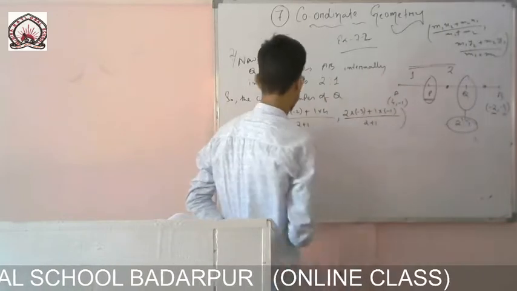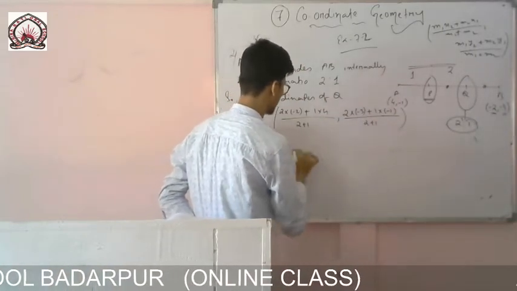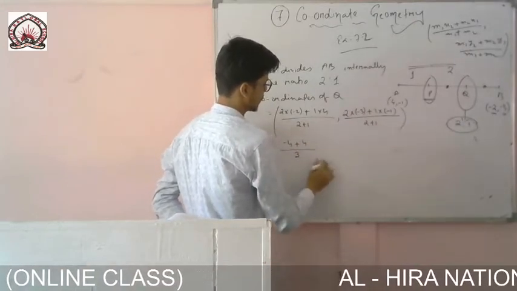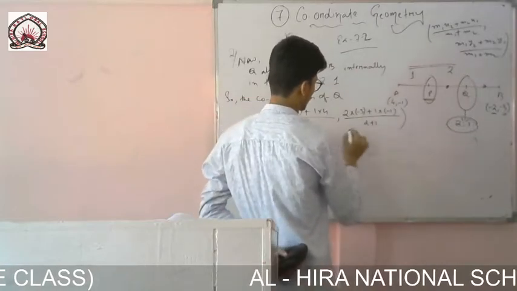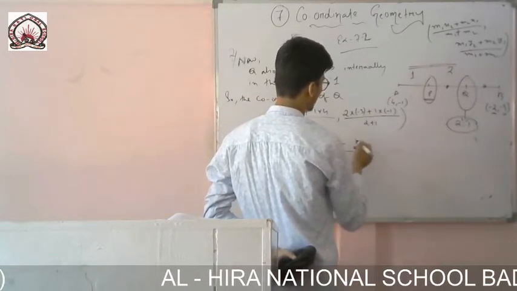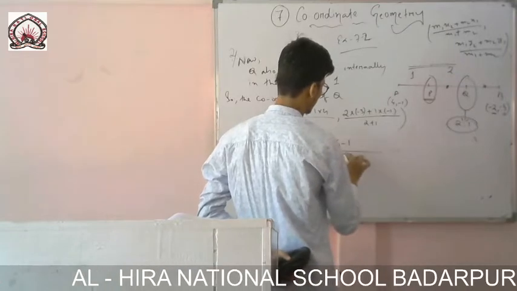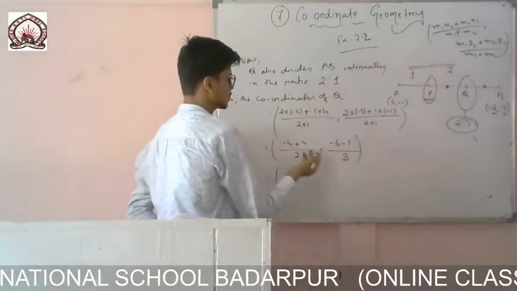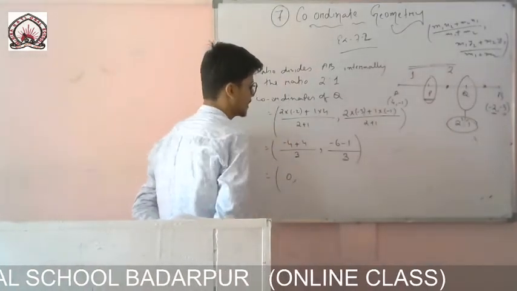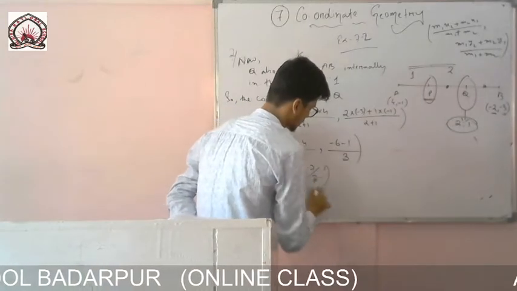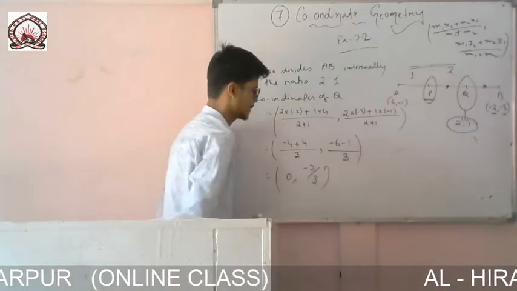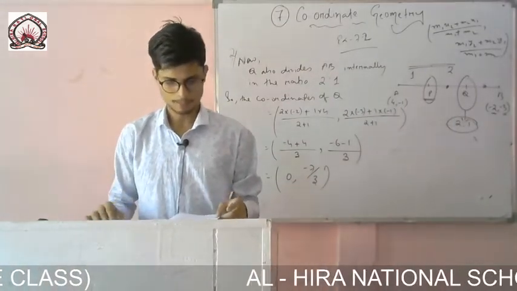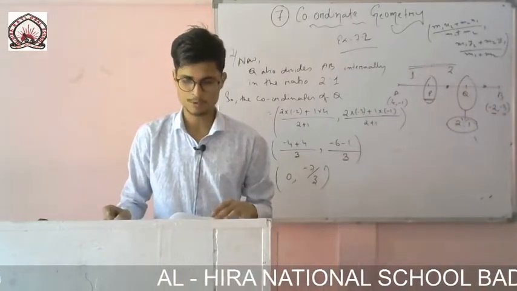So if I solve it now, the values will be 2 2s are 4, so -4 plus 4 by 2 plus 1, 3, and another one is 2 3s are 6, -6, and 1 1s are 1, minus 2 plus 1, 3. That means -4 plus 4 is 0 by 3, that means 0, and there it is -7 by 3. So this is the answer, that is 0 comma -7 by 3. Now you see example number 8.